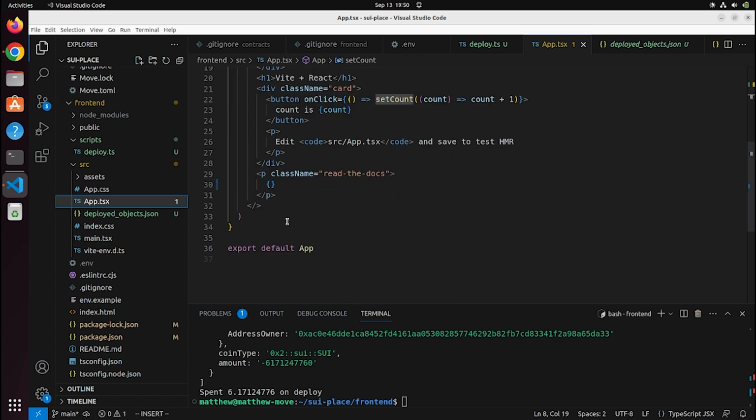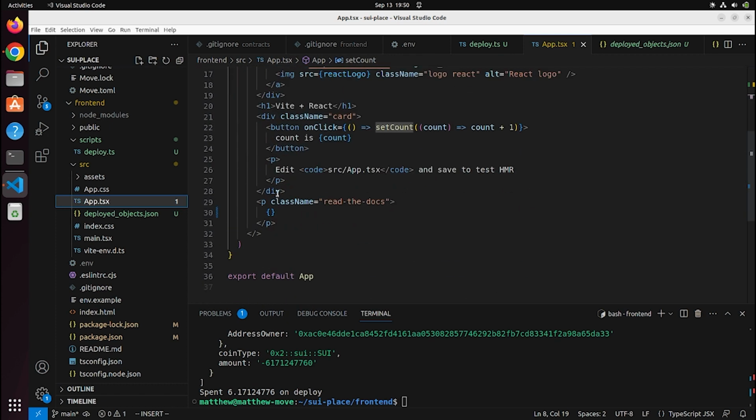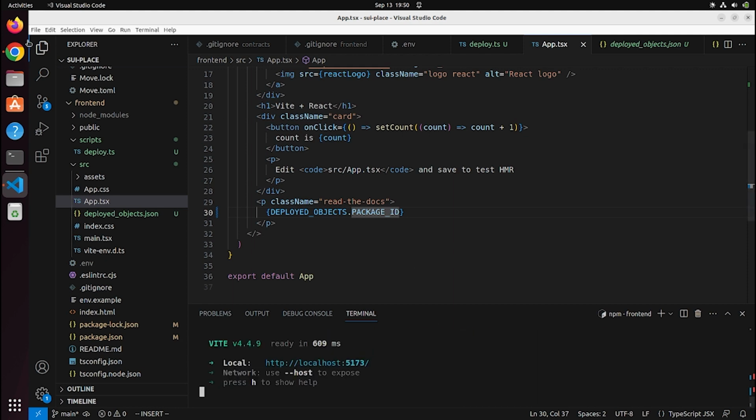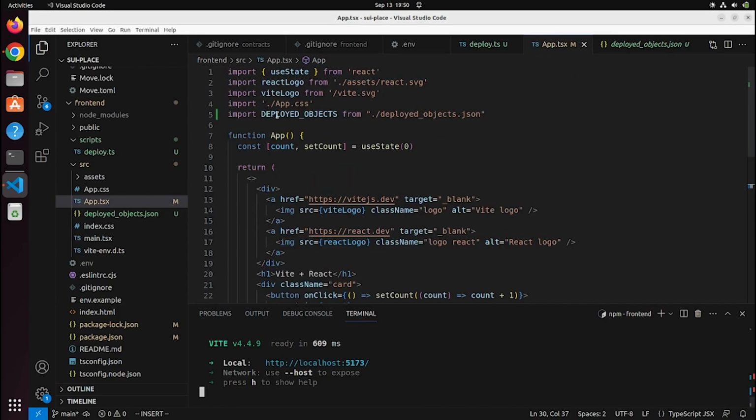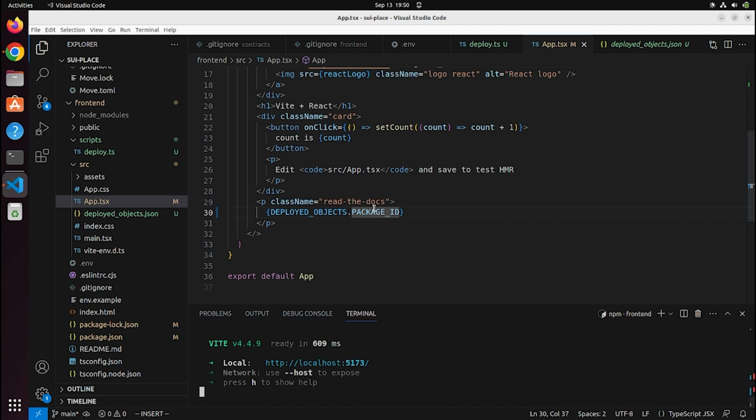But so we have this deployed objects. We can actually just use it right now. deployedObjects.packageId. And we have to run the dev server again, or otherwise this page won't update. And yeah, so now this shows that we have our package ID. You can use this just like a regular string in React. And so that's how we're going to be connecting